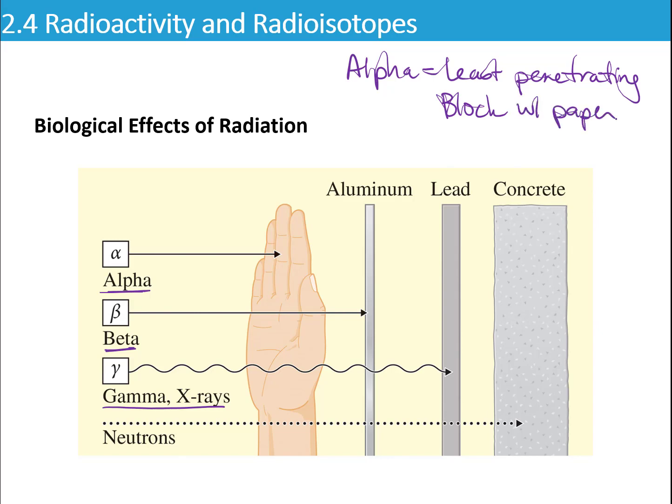If you're exposed to alpha and it comes up really close to you, less than 3 inches, it's only going to affect the very top layers of the skin. If it's external, so if it was right up next to you, it's just the very top layers. It can't pass through all the layers of the epidermis. But beta